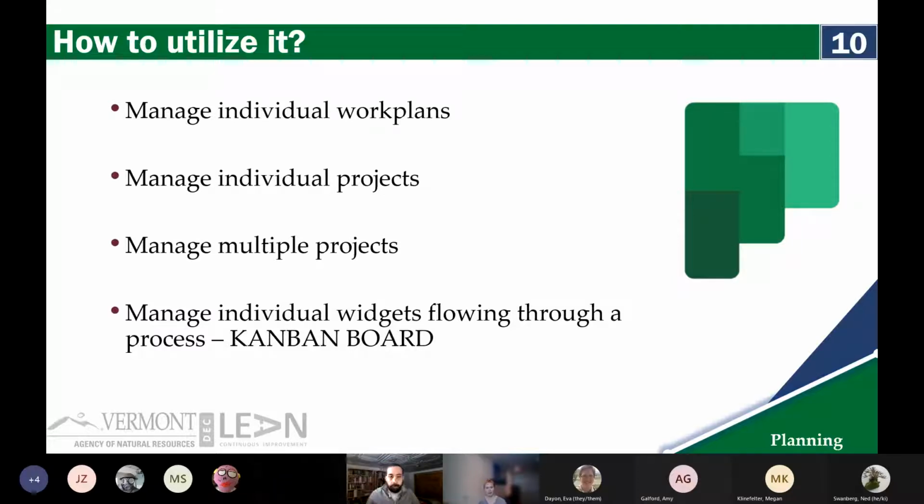And lastly, you can use Planner as a way to visualize and manage individual widgets or components of a process, components of a project flowing through a process. And this is the typical Kanban board methodology. John has done a really great YouTube video on Kanban boards, but I see them as a little different